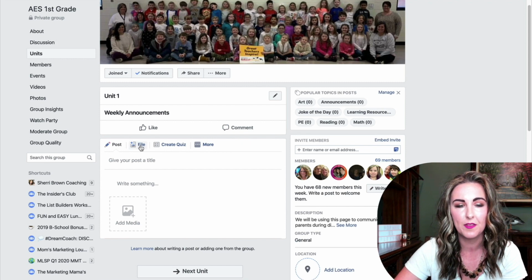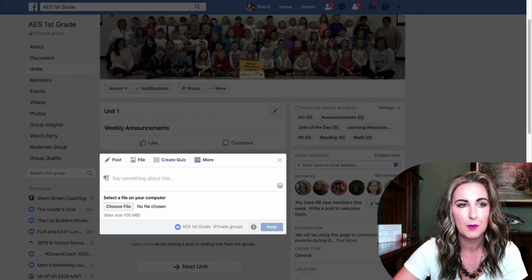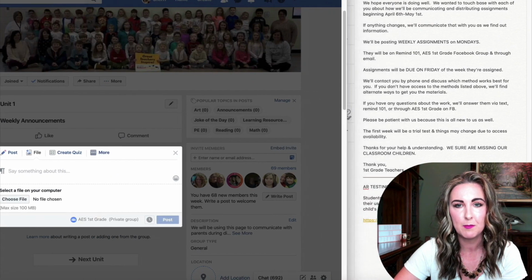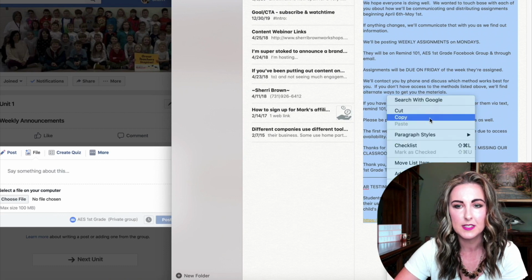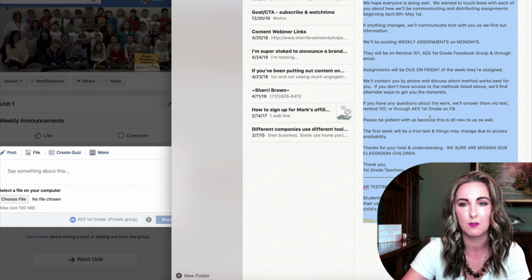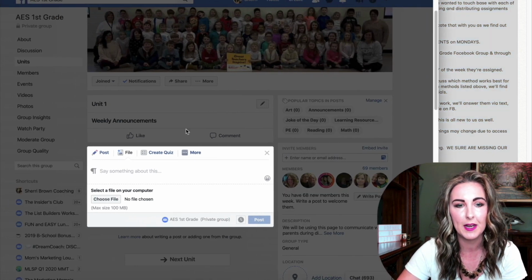So this is one thing that I'm going to do here, and you can upload a file from your computer or you can just basically write something. So what I'm going to do is I am just going to minimize this. And I have already gotten basically, this is just like a note to the parents as far as how the group, how the assignments and everything is going to be run. So I just basically retyped out what they had put in the group,